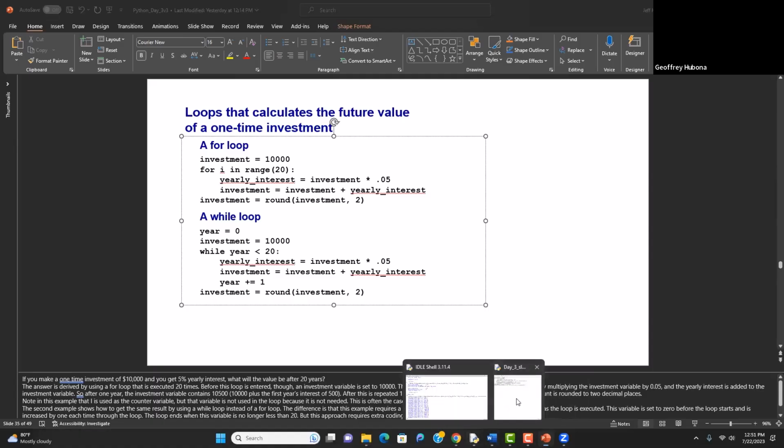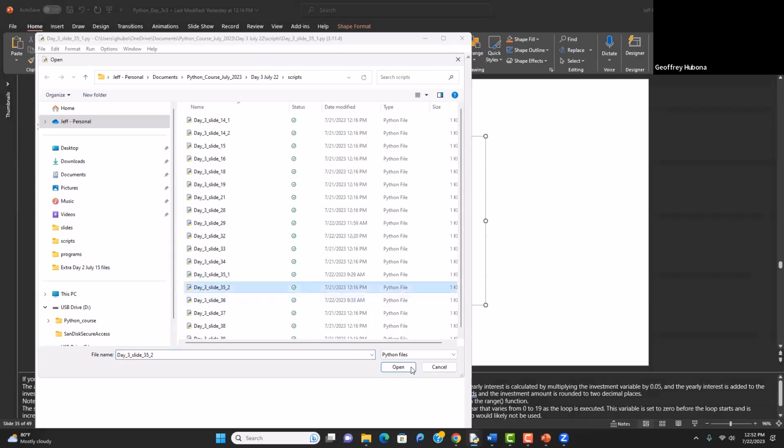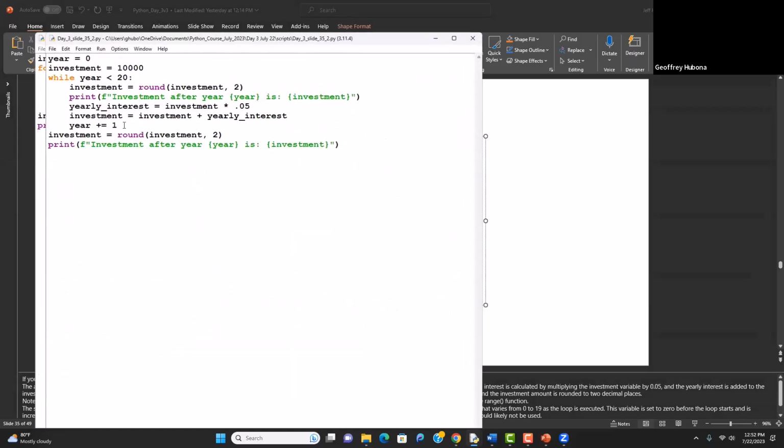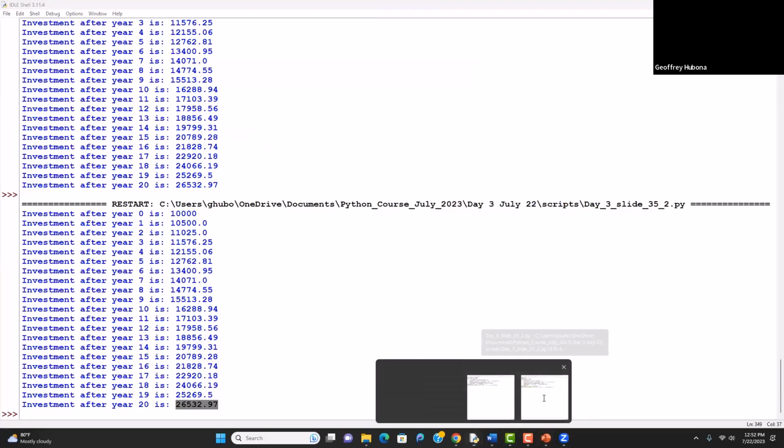Well, I jazzed it up a little bit by putting in some more print statements again. It looked like this. So this does the exact same thing that the for statement does. And again, year starts here. Let's see what happens. Exact same output, and this is the correct answer for 20 years. And it is correct because